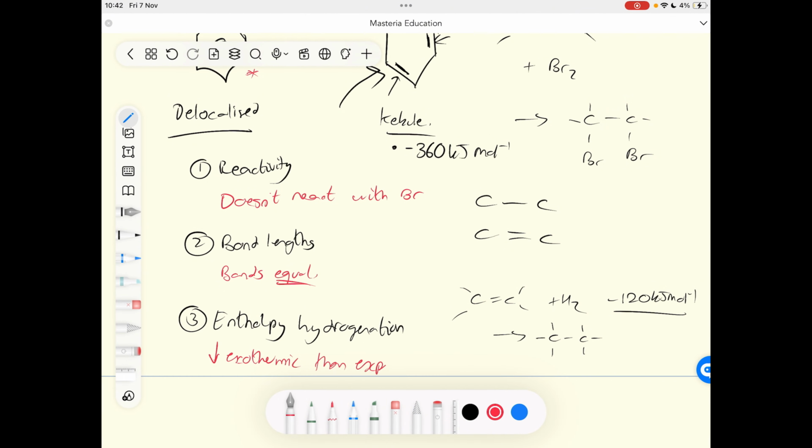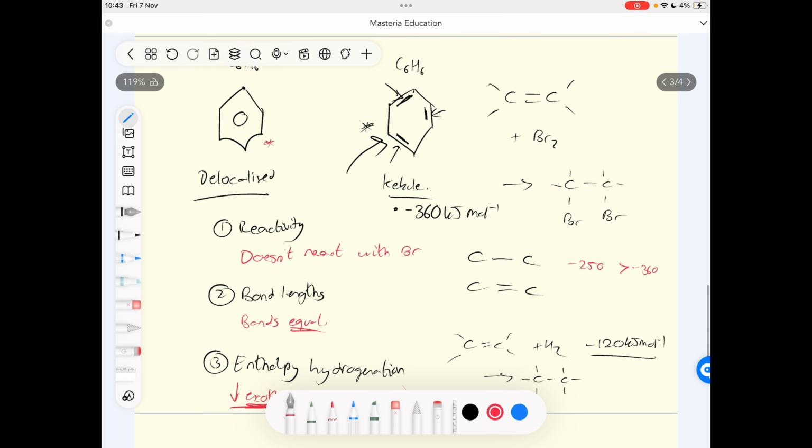And it's quite important to use that wording of less exothermic, because it's not right to say it's less than expected, because minus 250 is actually greater than minus 360. So we can't say in an exam question it's less, we have to say it's less exothermic, okay? So overall, the delocalized model is preferred over Kekulé for these 3 reasons: its reactivity, its bond lengths, and its